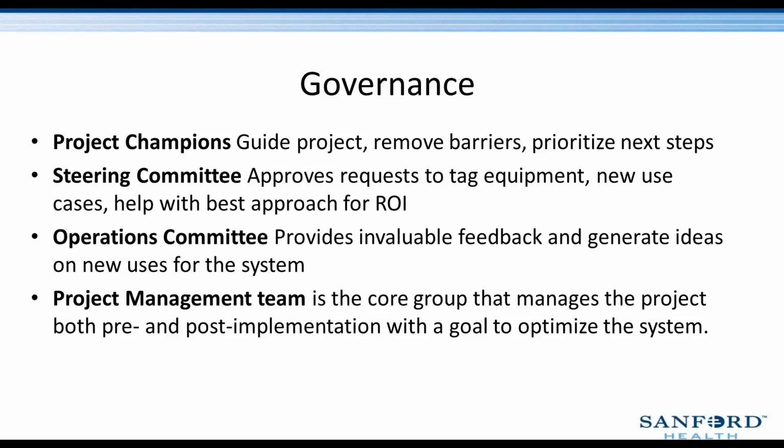And last but not least, our project management team is really the core group that manages the project on both the pre-implementation side as well as the post-implementation side. And the primary goal is to optimize the system. One key thing to note is that the project management team really does provide that key interface between our